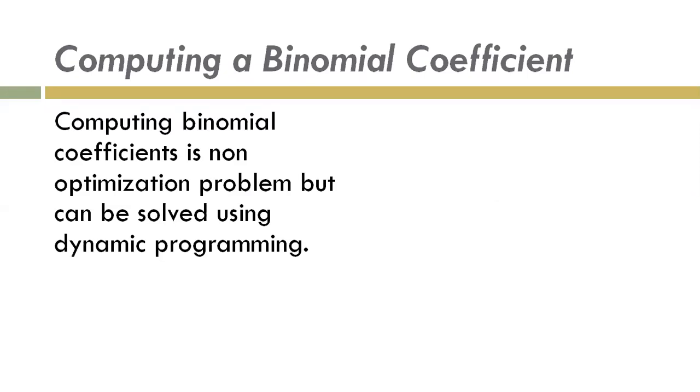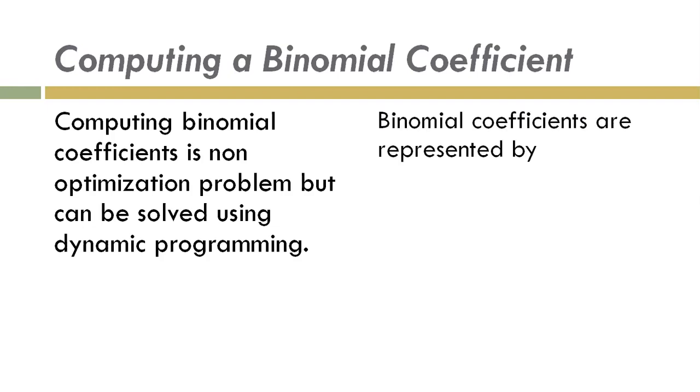Computing the binomial coefficient is not an optimization problem. We call a problem an optimization problem if for a given problem there exist multiple solutions and every solution is correct. But in binomial coefficient calculation, the method is simple and we always get only one answer. That's why we can say a binomial coefficient is not an optimization problem, but the method used to calculate it can also be optimized. We can obviously reduce the number of steps and find the best optimized method to calculate the binomial coefficient.